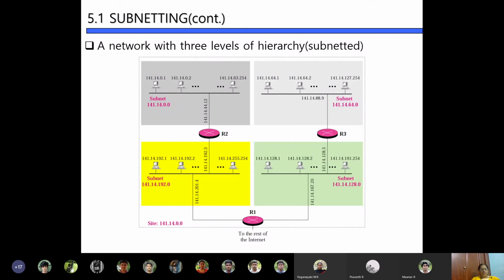Here what we do is we sacrifice a few of the bits from the host ID, because as a user you cannot take bits from the net ID portion. If it is a class B network, you can have 2 power 16 different hosts. So in what way can you compromise? You can compromise a few of the bits which have been allocated to host ID to represent a subnet ID.